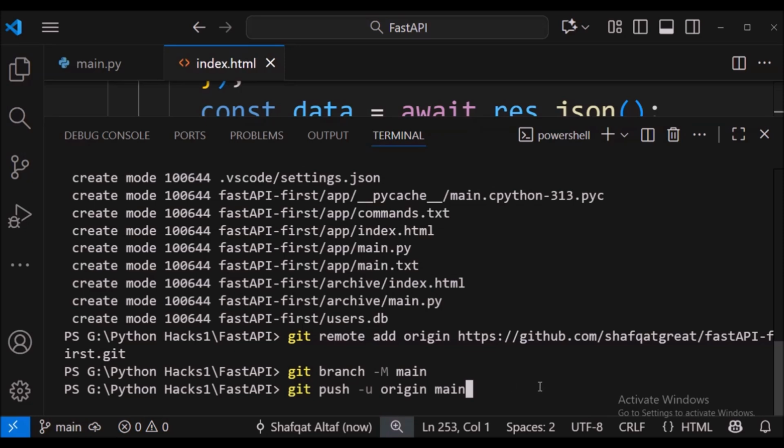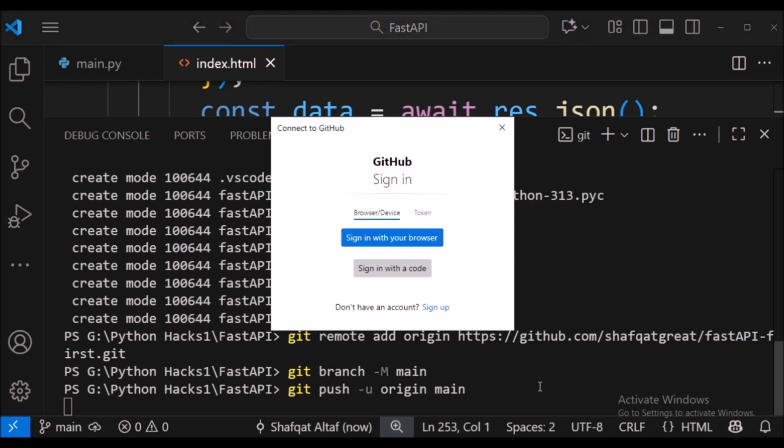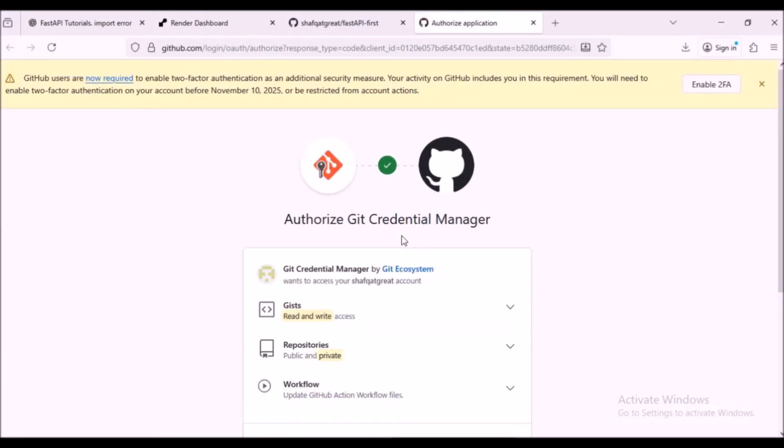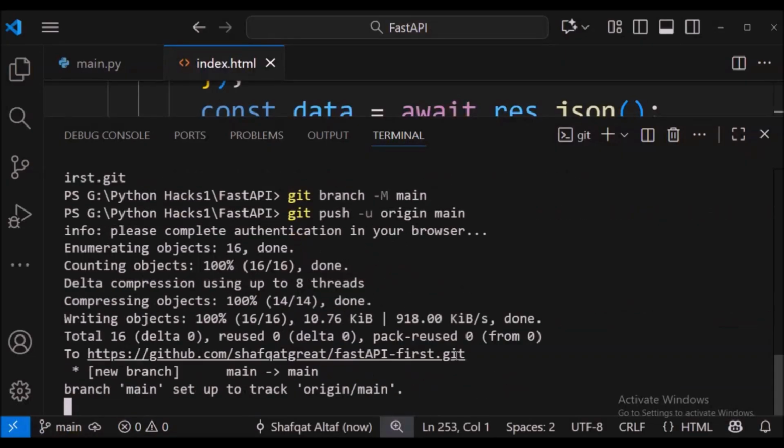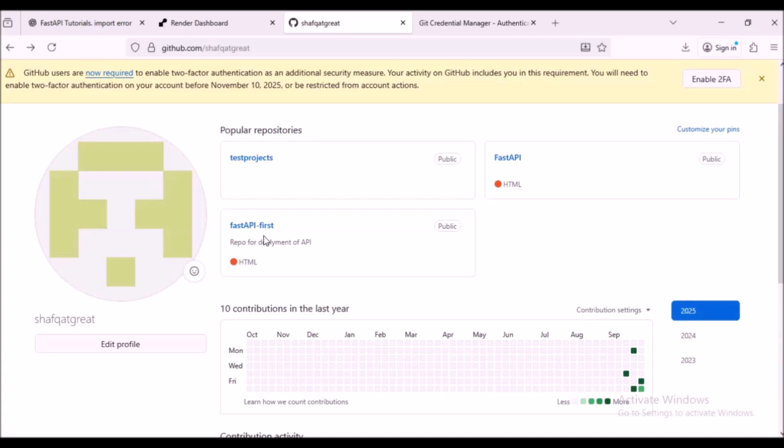After that, execute the git push command. This will push all the code from our local machine to the online GitHub repository. During this step, GitHub may ask you to sign in and authorize. Now you can see that our code has been uploaded to the GitHub repository.